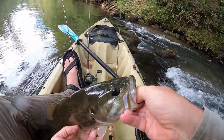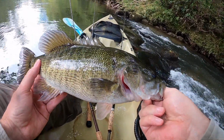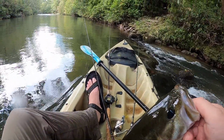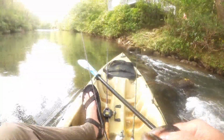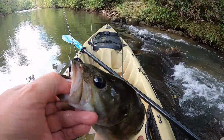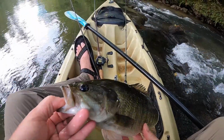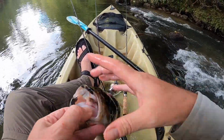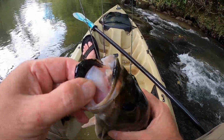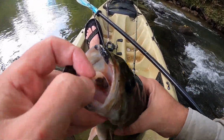I don't know if you can hear me at this spot, but this fish, it's a nice shoal bass. He's about 15 inches or so, but he's got some interesting markings here around his mouth. Let's see if the camera will pick that up, but you can see he's got some melanism there going on right there, almost like he has lipstick. He's even got it there on his tongue,